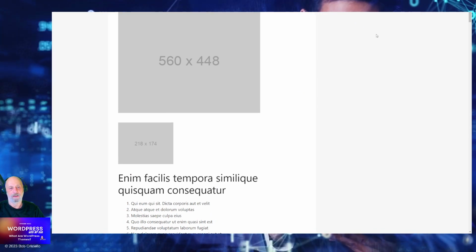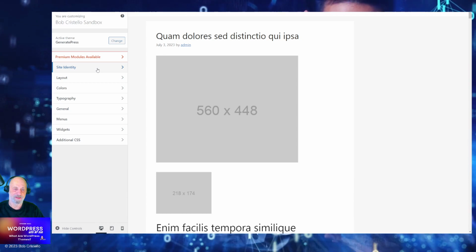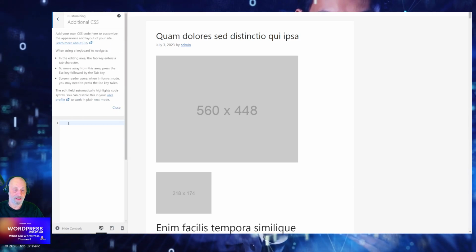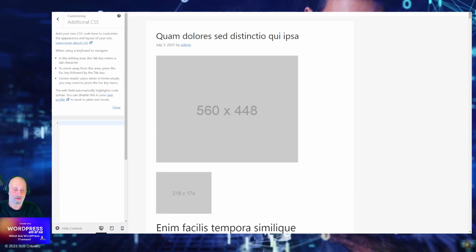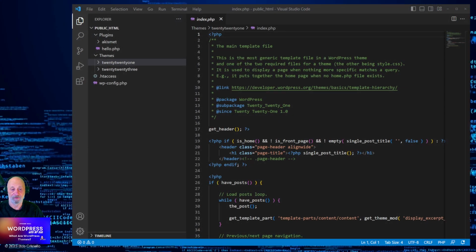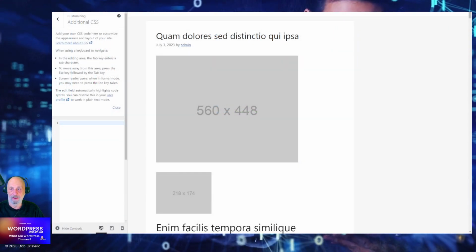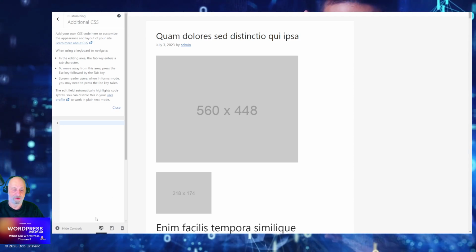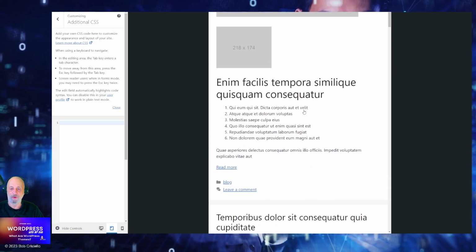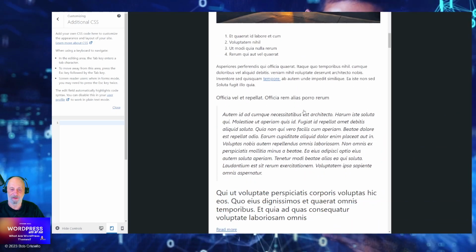If I look at the theme options, for example, you'll notice I have site identity, layout, colors, typography, additional CSS. I can put site-wide CSS right in here, so I don't need to go into my styles.css if I don't want to. I can just put it right in here. And one of the really cool features of this, you can see that's a little desktop view. If I click on this one, there you go. That's what my site's going to look like on a tablet. So any spacing I've got to fix, I can do right here.